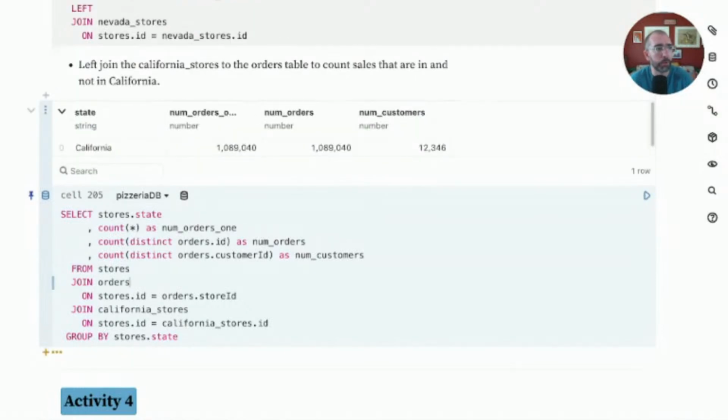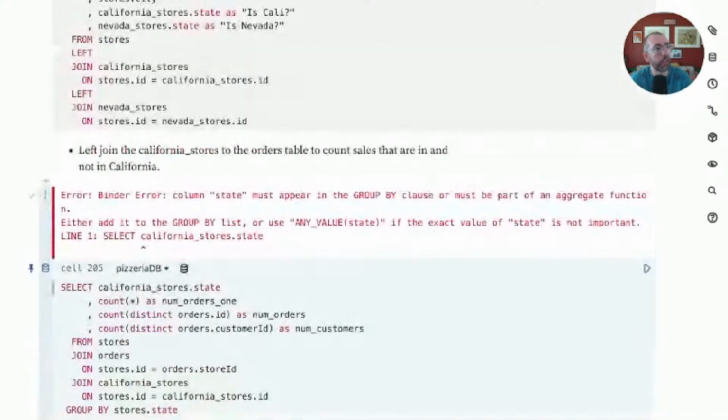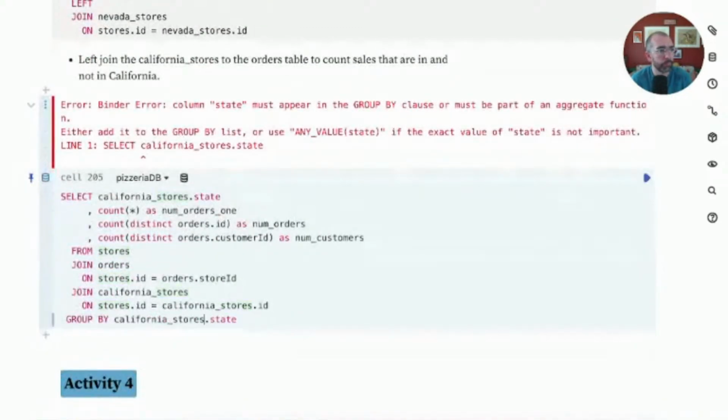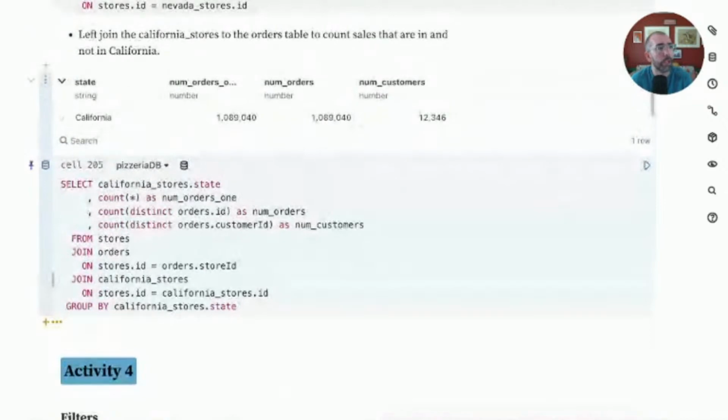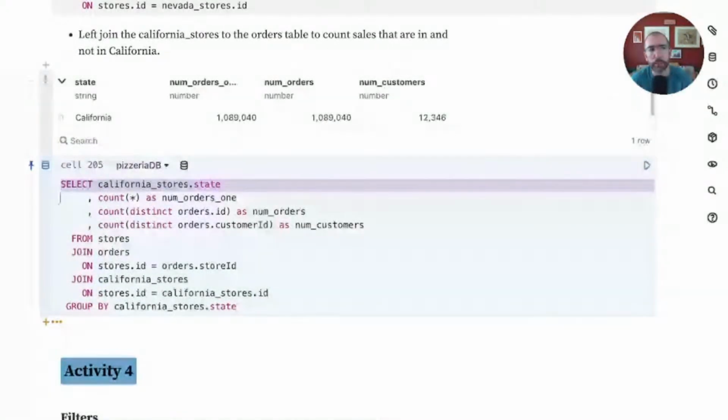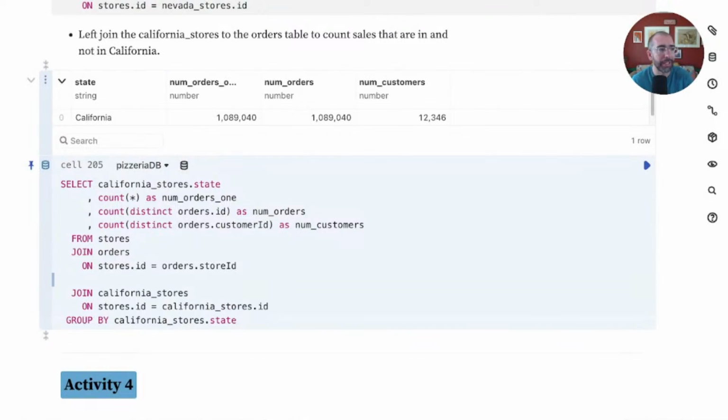We did this. It pulled all the orders and number of customers for California. I'm actually going to use the California stores column from that table to demonstrate a left join. So now if I left join to California stores rather than doing an inner join,